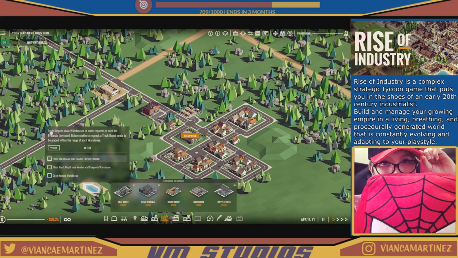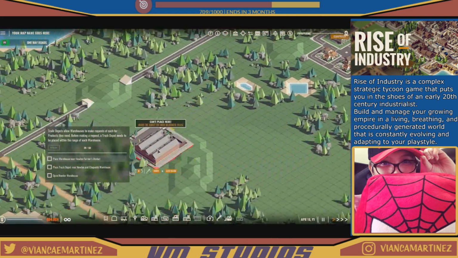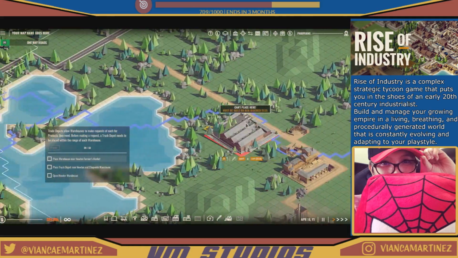Can't really do that. What would he? Trade depots allow warehouses to make requests of each other for products they need. Before making requests, a truck depot needs to be placed within the range of each warehouse. So let's place our first or second warehouse near...